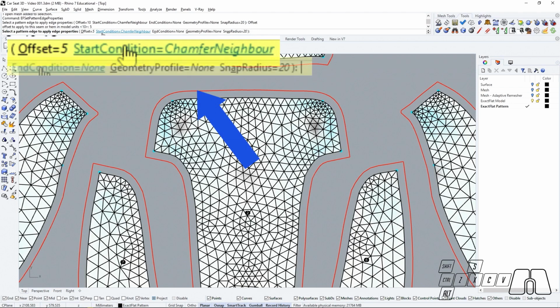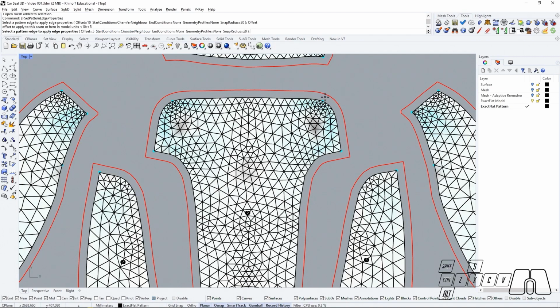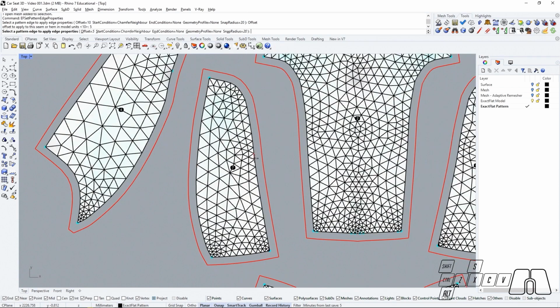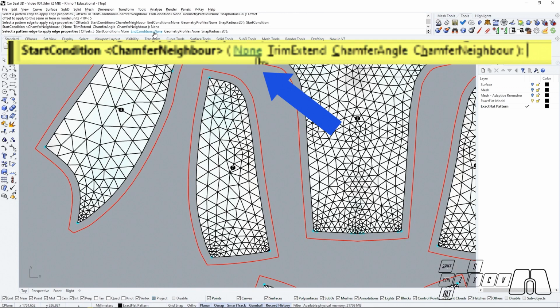And then we can see our start and end conditions. Our start and end conditions are going to change the way in which the seam allowance is interacting with the corners or our split points. So for example, if we take this piece and we set our start condition to none and our end condition